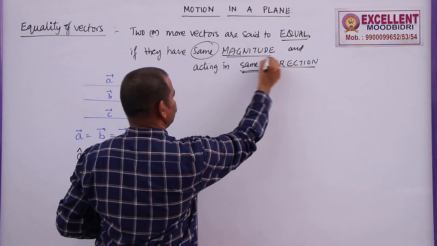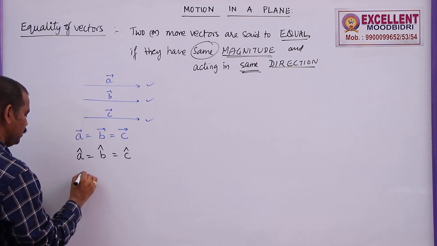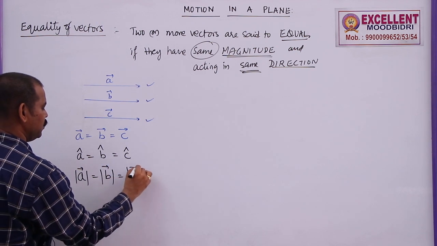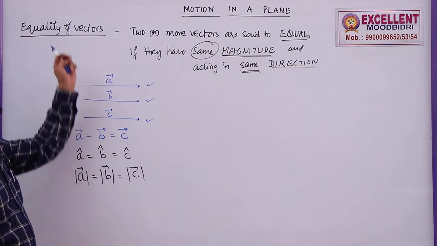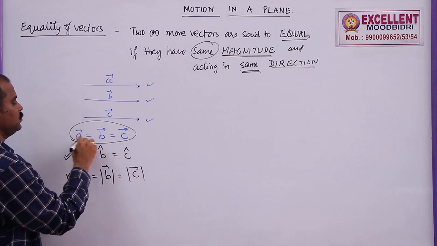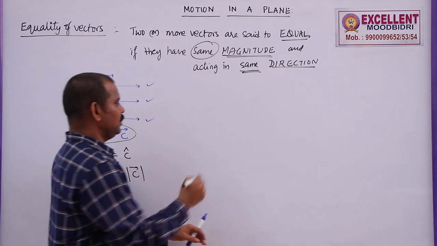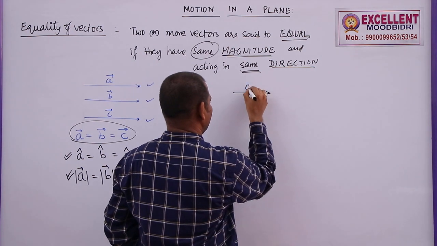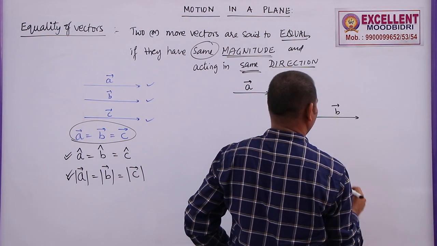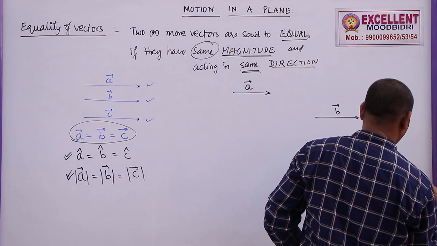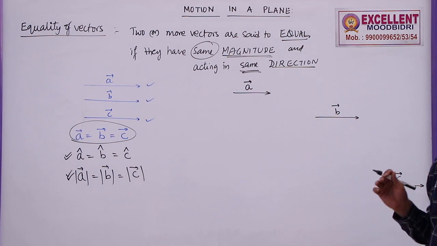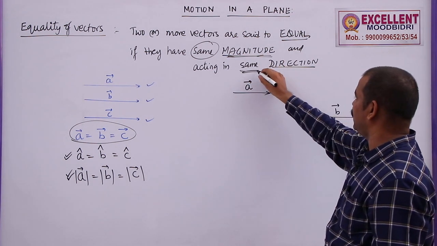And we know that the magnitude is also the same. So, from this we can say, modulus of A bar is equal to modulus of B bar is equal to modulus of C bar. So, for equal vectors, their magnitudes are equal and their directions are equal, then the vectors are said to be equal vectors. But remember students, let us say one vector is located here as A bar, one more vector is located here as B bar, and one more vector located somewhere here as C bar. Can we say that these three vectors are equal here?